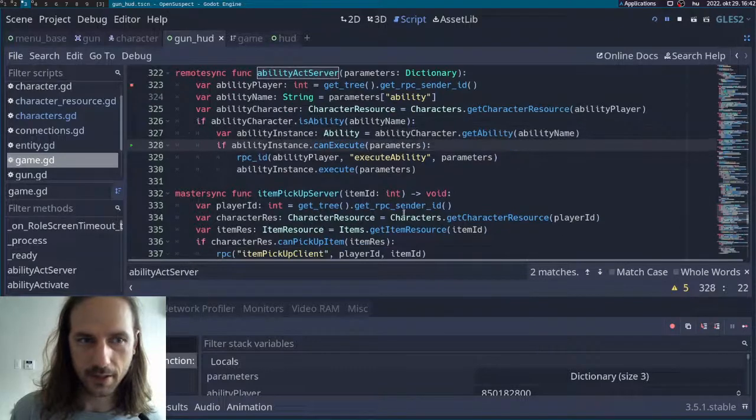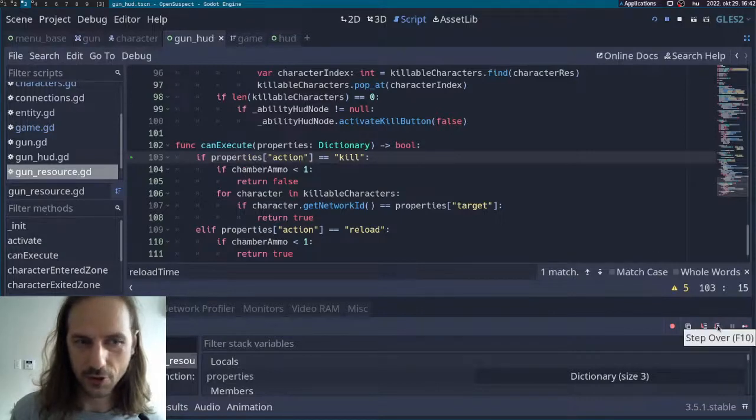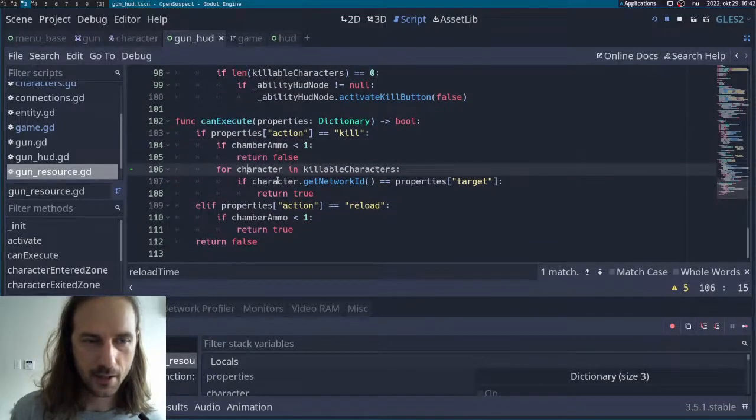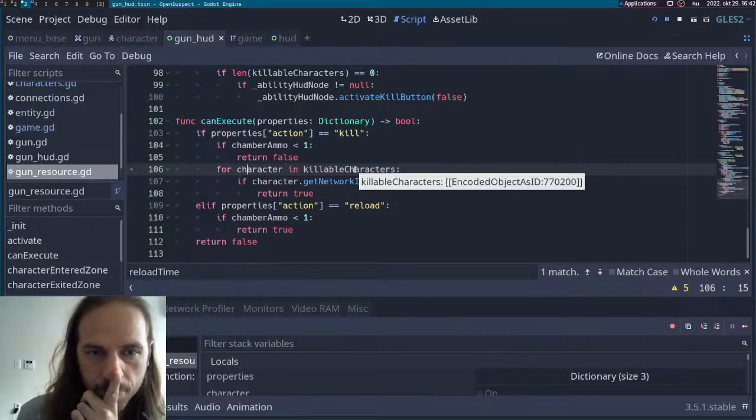So we get the ability instance. And then can the ability instance execute parameters. So properties action equals kill, so that should be fine. Chamber ammo is 1, so that's fine. If for character on killable characters, encoded object as ID. Okay,